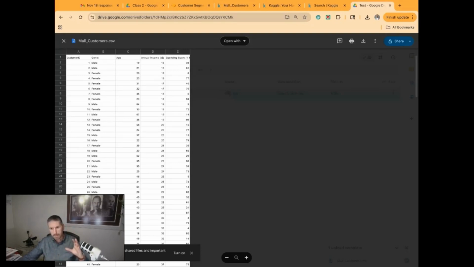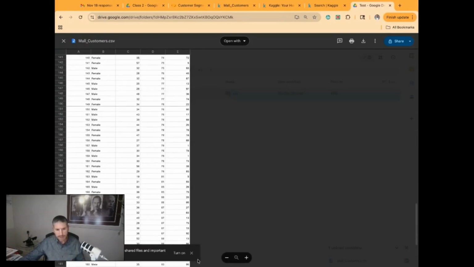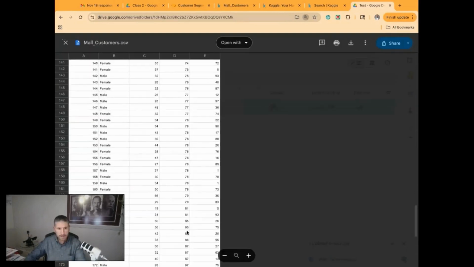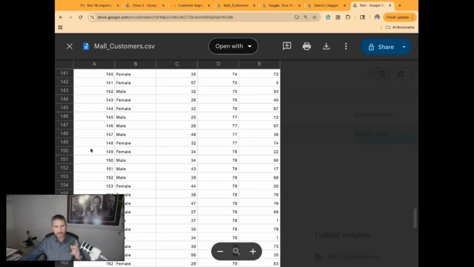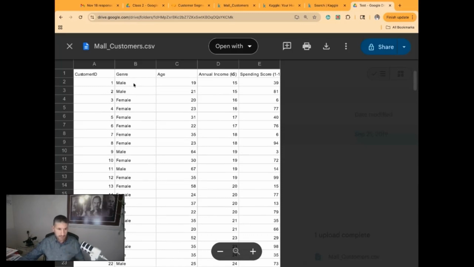If you take a look at the idea here, this is, again, very simplistic, right? But the idea here is that this data set is labeling customers. This is the customer ID, the gender, the age, their annual income, and they're labeling it to say, we're on a score of 1 to 100, we are giving this a 39. We're giving this customer an 81. They're a male, 21, $15,000. Their spending score is 81. This is labeled data based on real spending patterns, right?